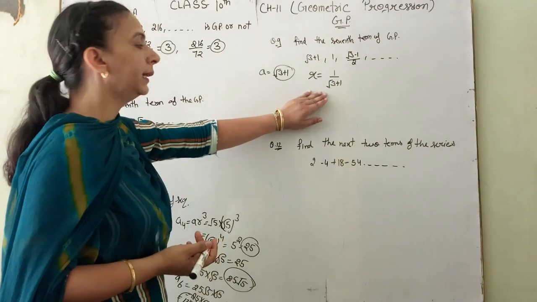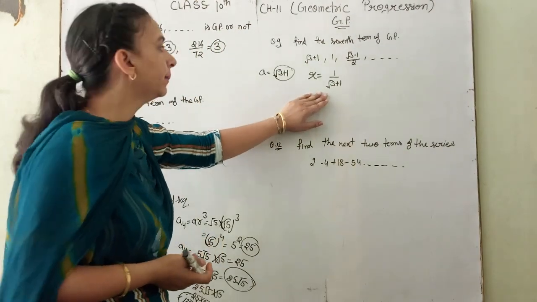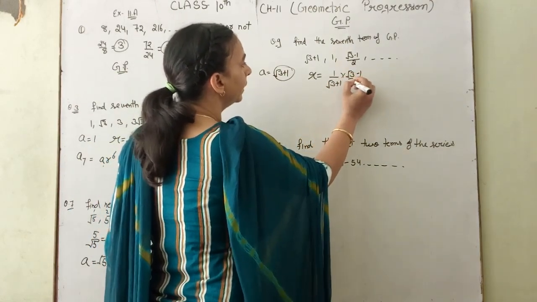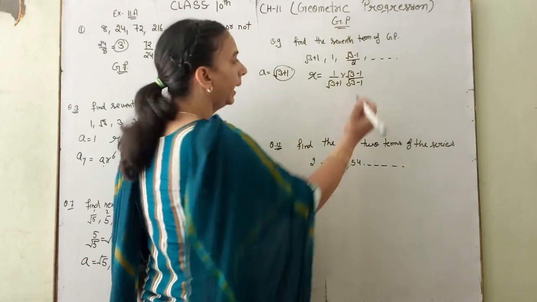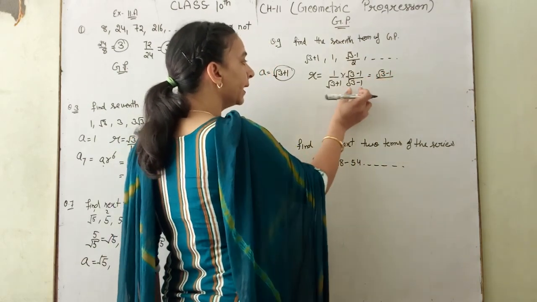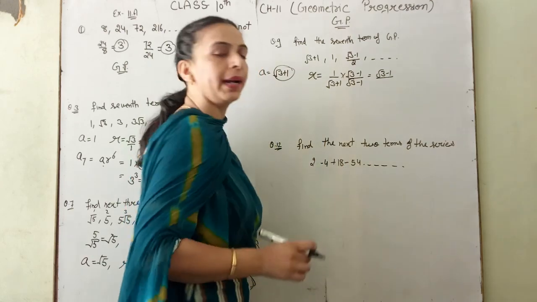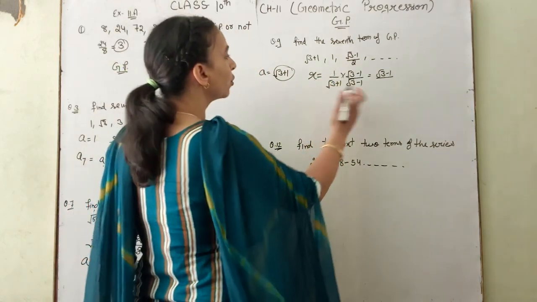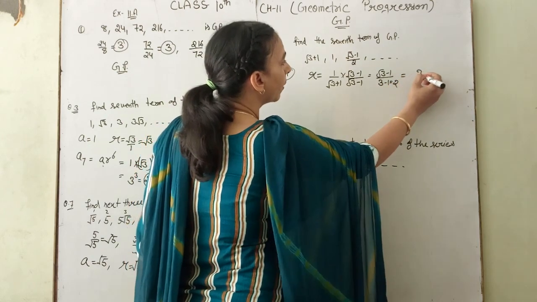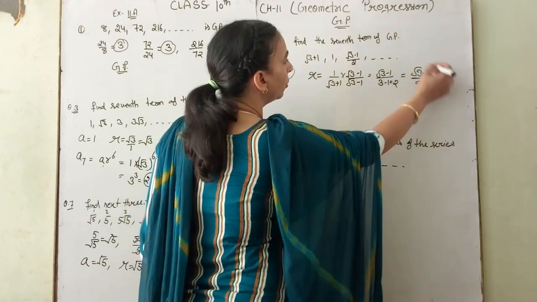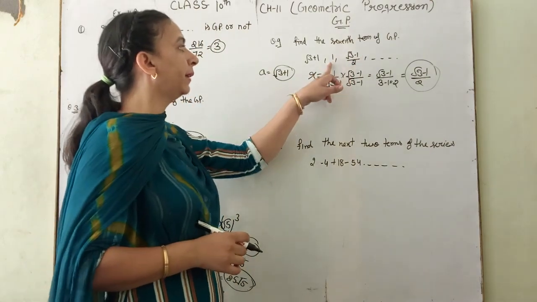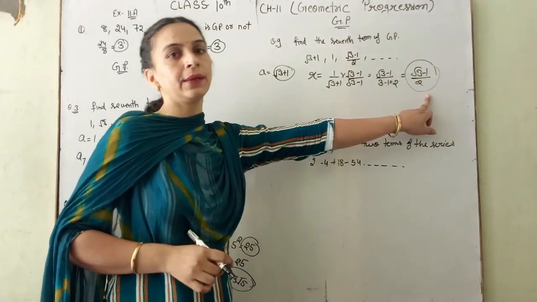Okay. But in the denominator there is an irrational number, so we do rationalization. Multiply by root 3 minus 1 on top and bottom. This equals root 3 minus 1 over a plus b times a minus b, which is a squared minus b squared: root 3 squared is 3, minus 1, and this equals 2. Then root 3 minus 1 by 2 is the common ratio. Similarly, dividing the next term by 1 gives the same, so this is the common ratio.